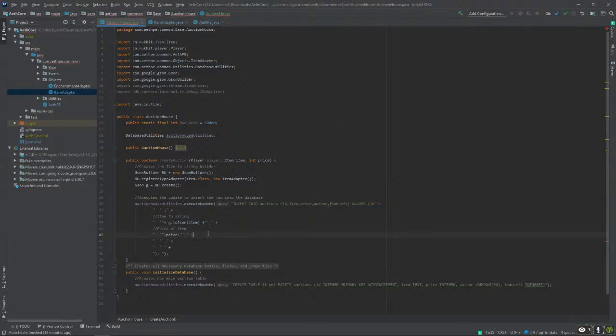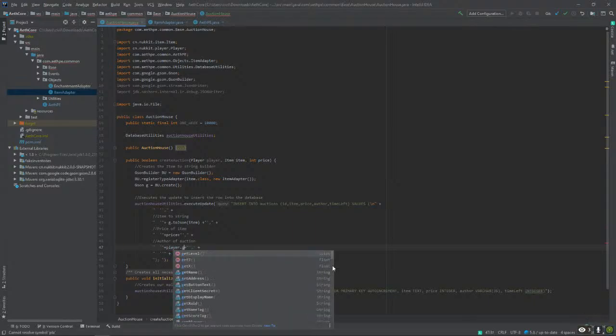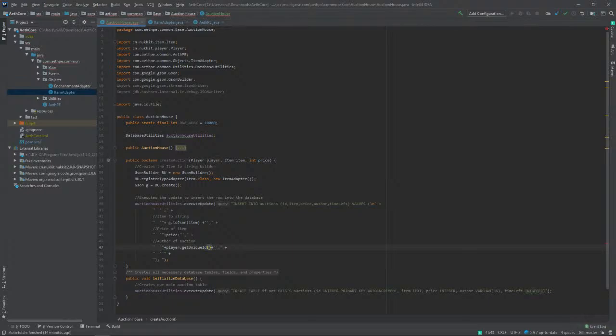The author, that's just the author of auction. So I should just do player dot, I can't type, get unique ID.